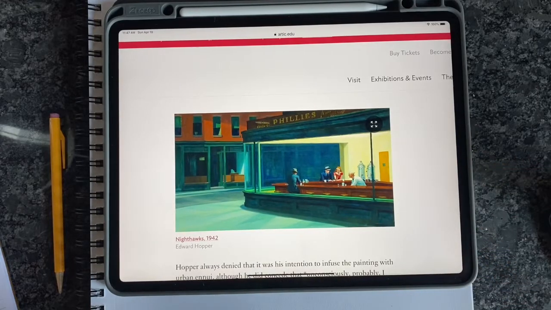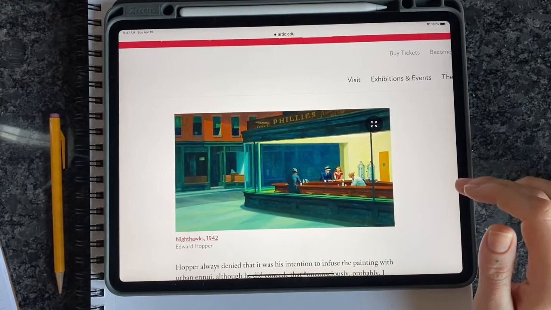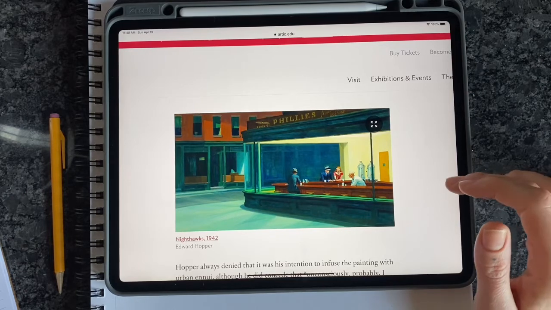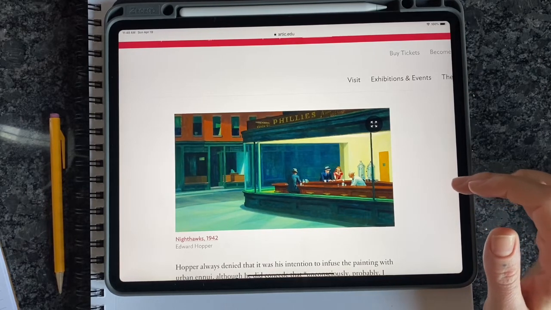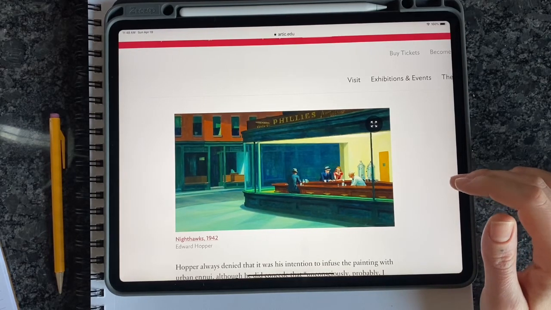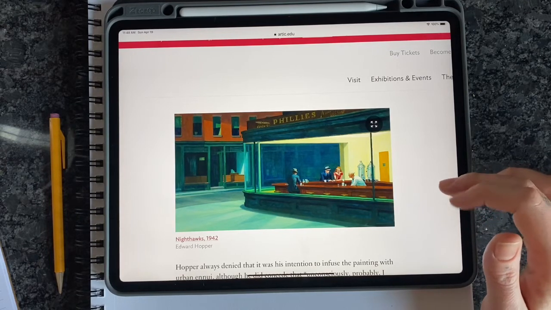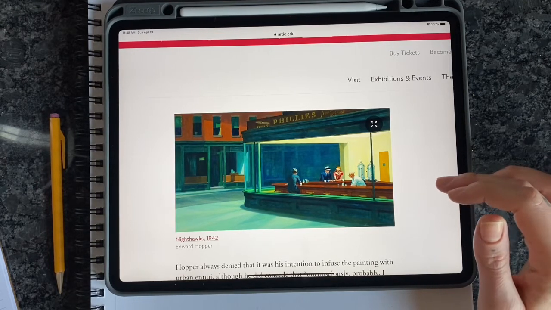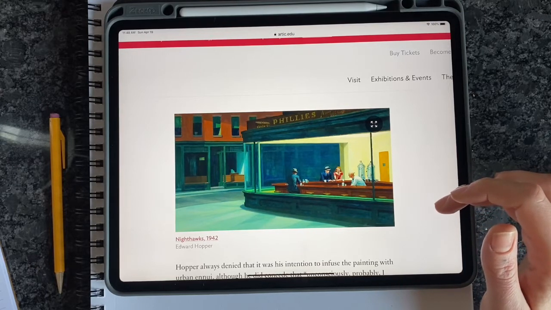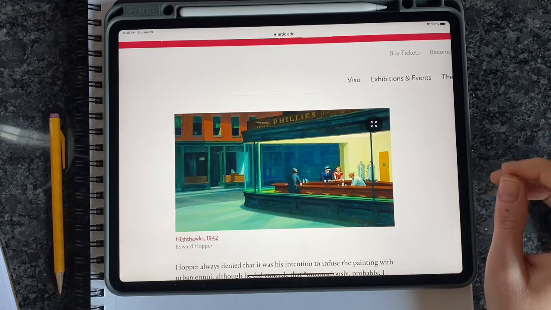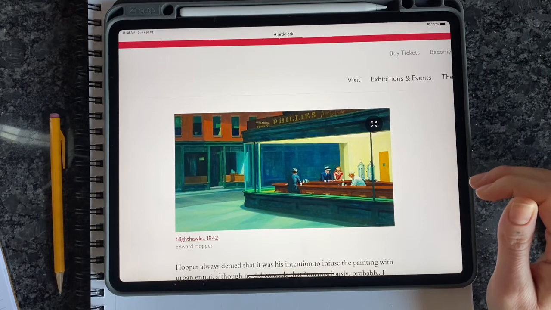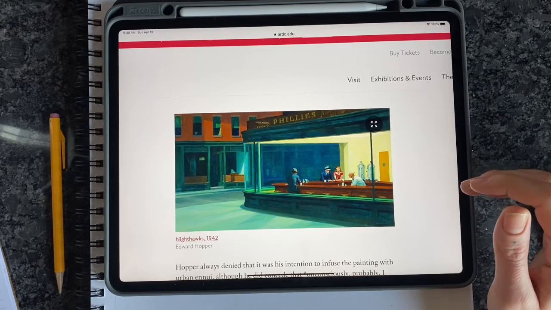But I was really interested in this painting because I see some similarities in what was happening when Hopper created this to what we're experiencing right now. There was a crisis happening. Pearl Harbor had just been bombed. The U.S. was about to join into a war. There was a lot of uncertainty and probably not as many people going out and leaving their house.